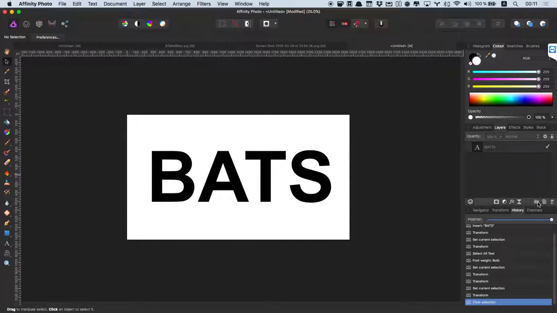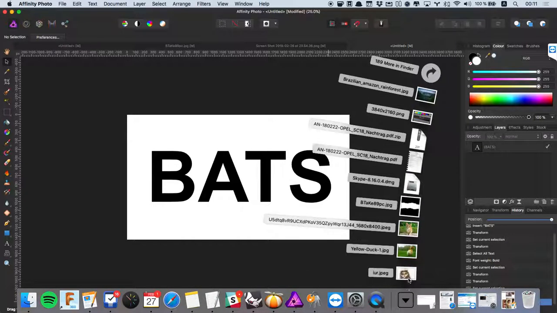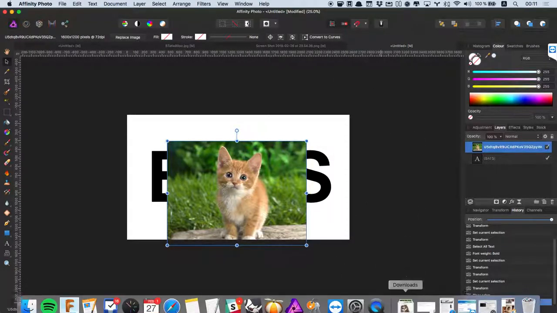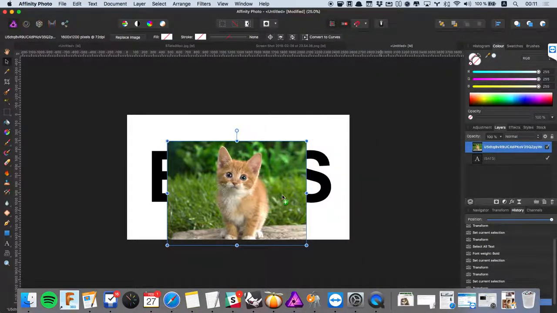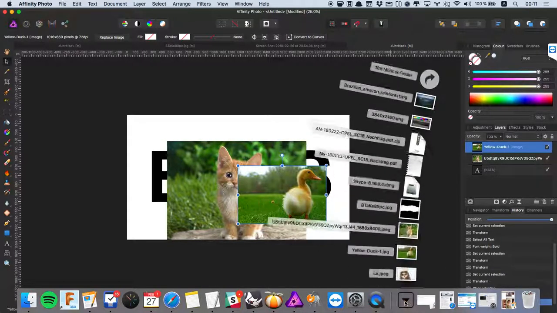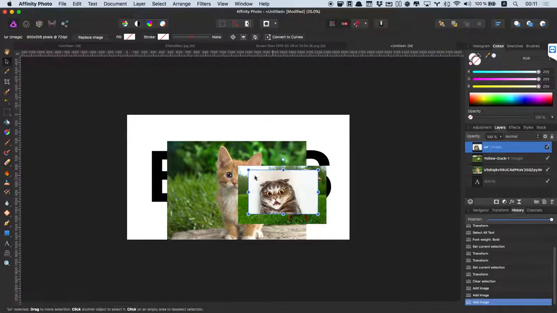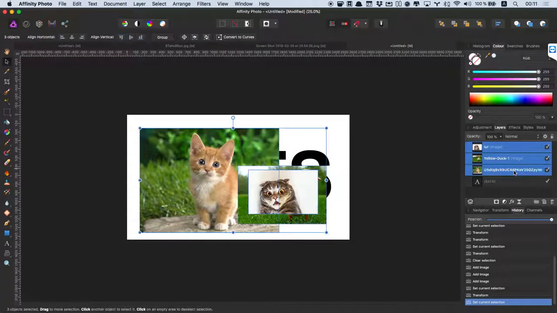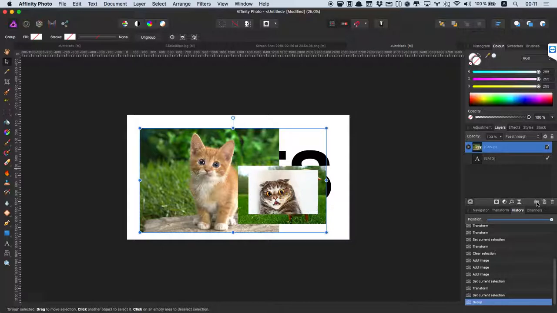Then we want to create a folder, which it doesn't let us right now, whatevs. And we want to grab some images, and we're going to grab our cat and our duck and our other cat. Okay, and now we're going to select all three of these and hit the folder button. So now these three are inside a folder, and we can still